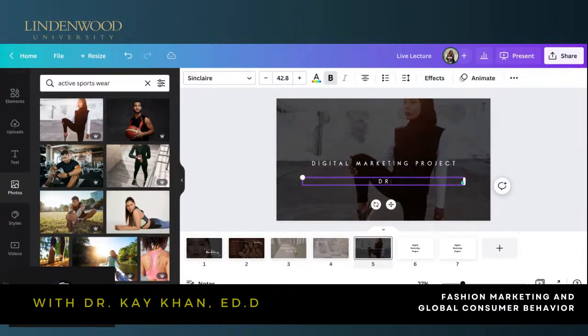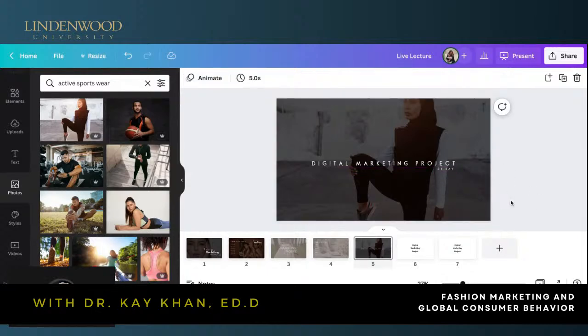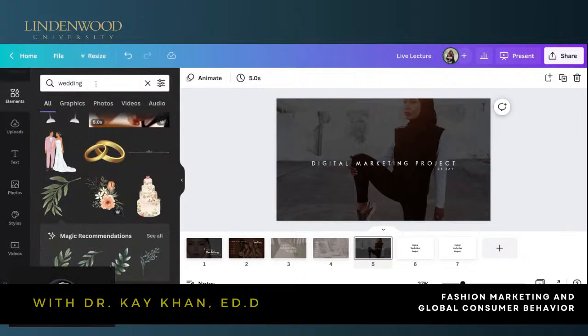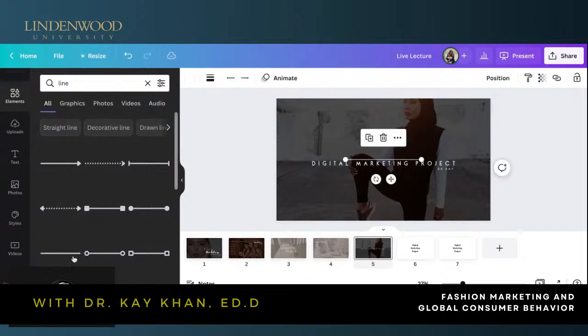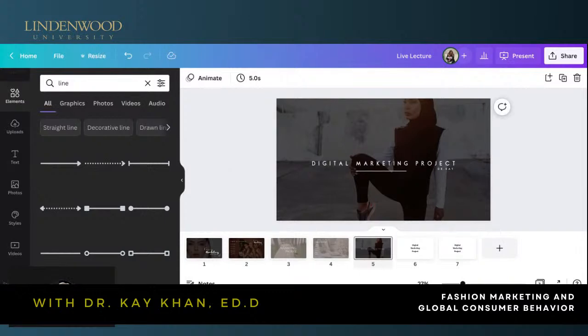I'm going to go Dr. K. And then I'm just going to make this smaller, zoom this to the right like that, and then go like this. Yep, that looks freaking fire. Let me add a line there. I don't know why I'm wanting to have a line somewhere on here, so let me go like this. And let me just put this line under marketing to emphasize what we're doing. Oh yeah, love it. This is super clean.